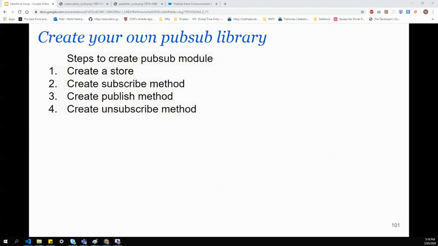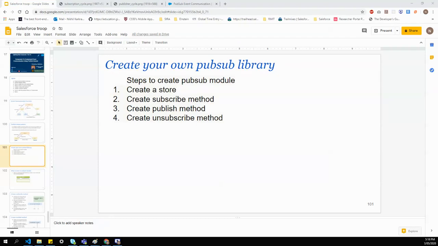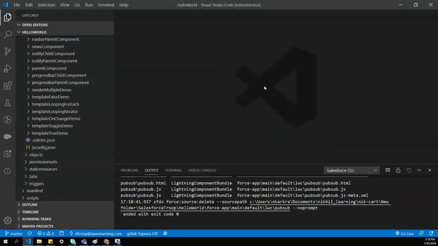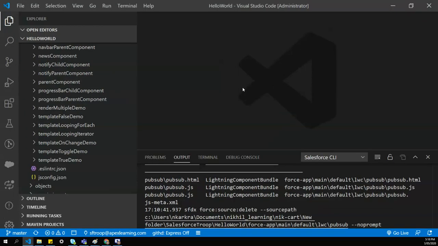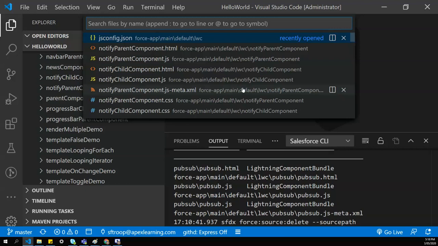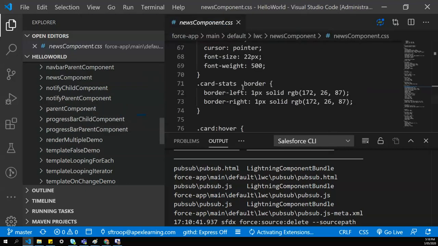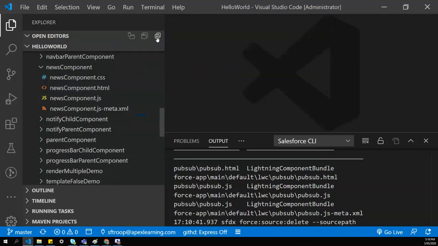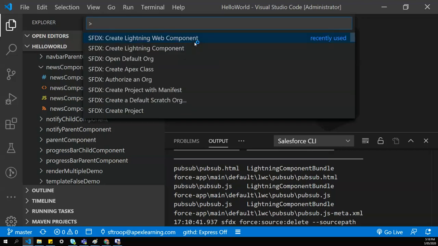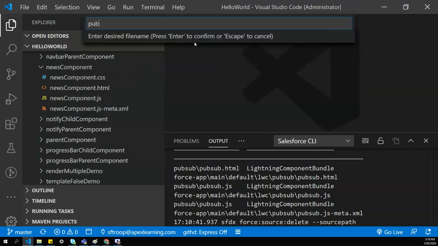Let's go to VS Code and zoom in a little bit. Let's first create a lightning component. Go to the command palette and press create lightning web component. I'm giving it the name PubSub.